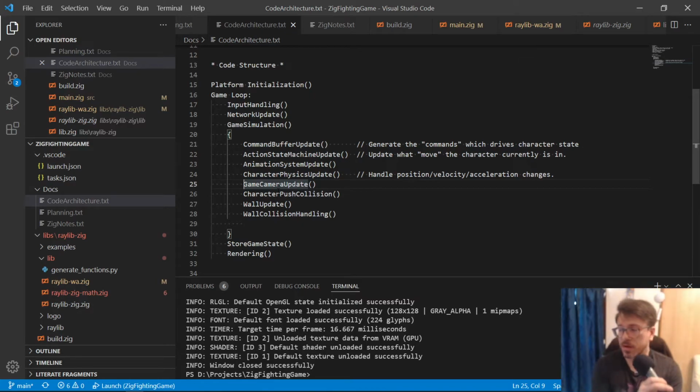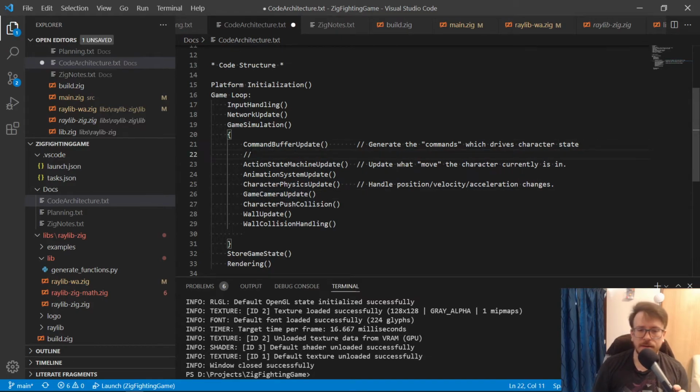Okay, so I've not talked about attack collision, right? So this is a tricky part. Do we put the attack collision before or after the character action state machine? Let's put it this way. Say if I handle a collision here, and it sounds great at first, right? Okay, let's handle a collision here, and then within the action state machine, we can update the current state of the character to be like, oh, going into hit reaction, right?